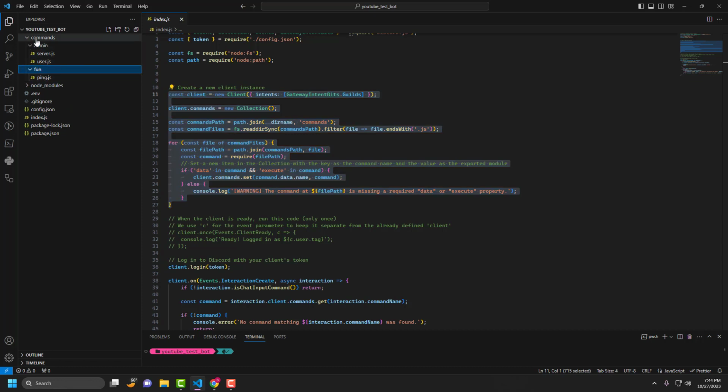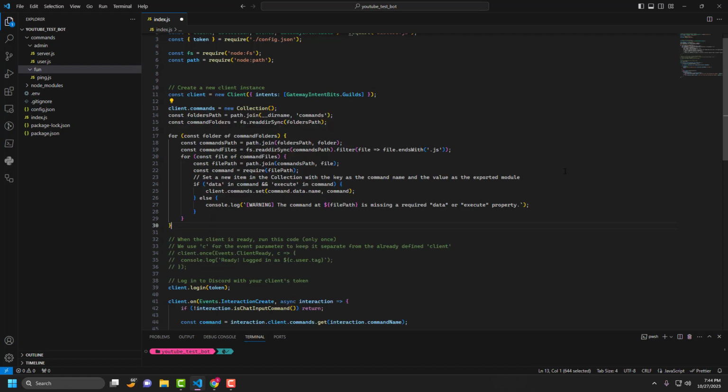So we want to be able to go in the commands folder and then within here, the folders that are within there, and then check for the individual files. So this is kind of setting it up so that you can have these additional folders. So that's what this is going to do, right? So for folder in command folders, right? So for each folder in here, you know, get the path, get that array,